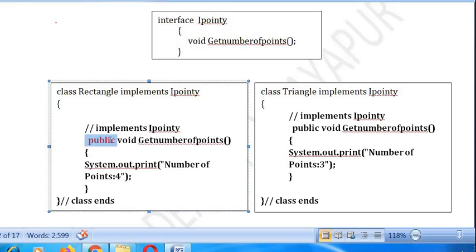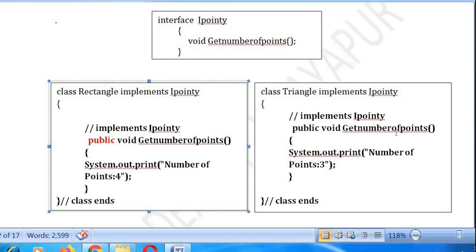And one more thing you observe here: if a class is implementing any interface, then that method you need to explicitly specify as public. An interface member must be specified public. So this is about the class Rectangle. Similarly, class Triangle implements IY.